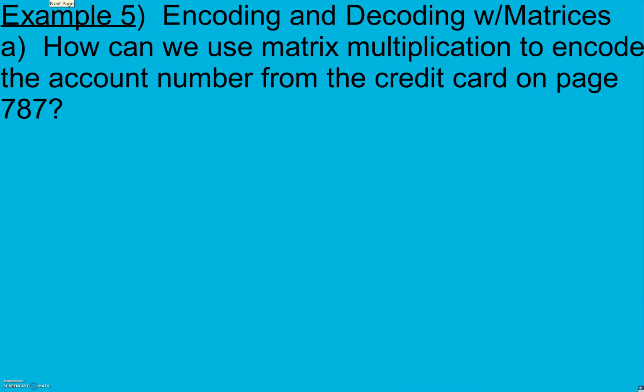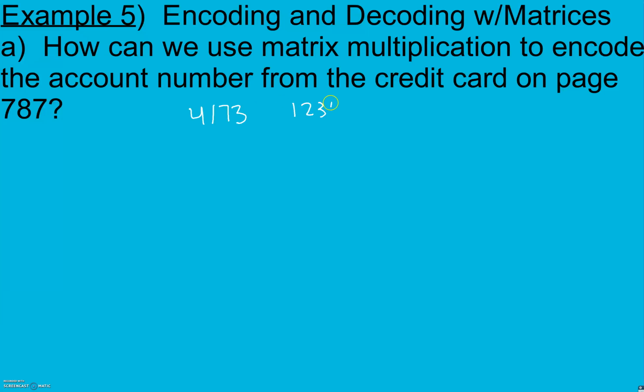Example 5 here is encoding and decoding with matrices. How can we use matrix multiplication to encode the account number from the credit card on page 787? So here we have Bank of Your Knowledge math credit card. The number on the card is 4173